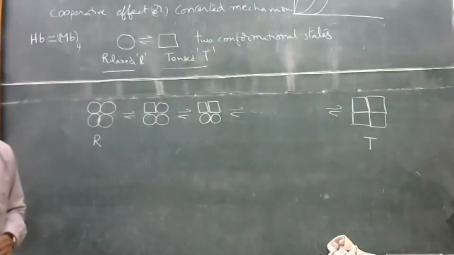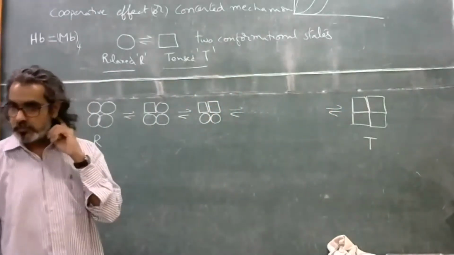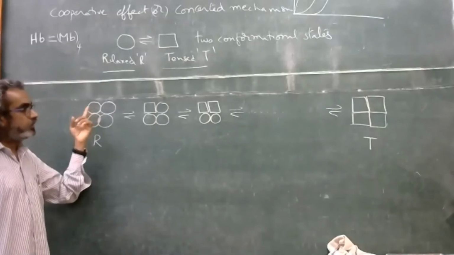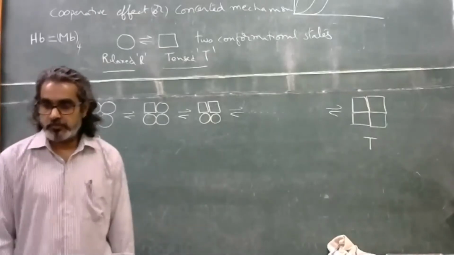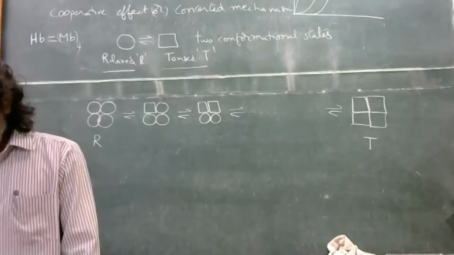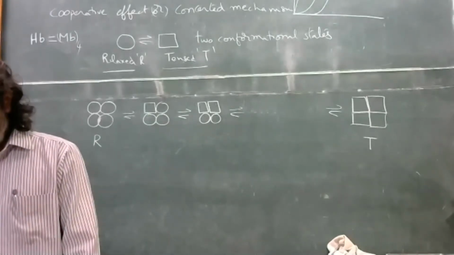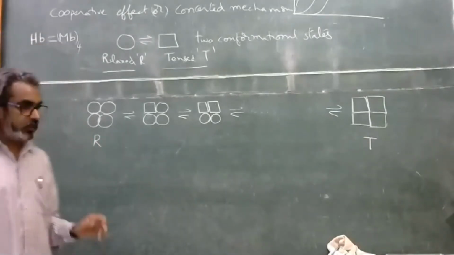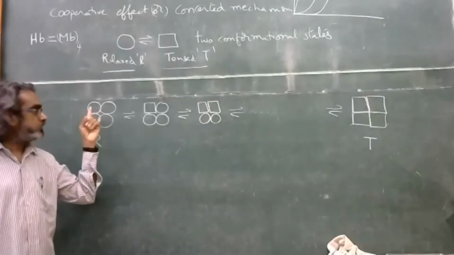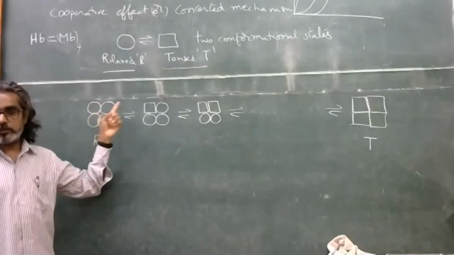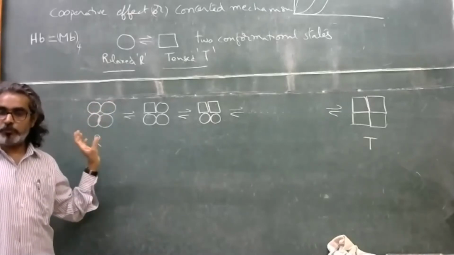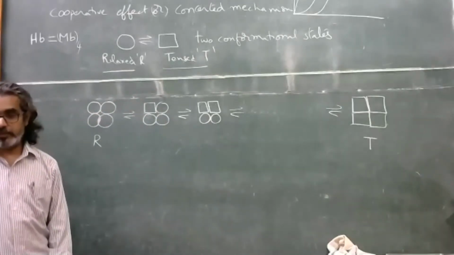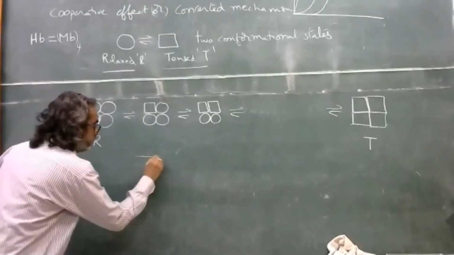Okay. So you will have basically total how many states possible? Let's say there are 4 units in one hemoglobin. Each can be tensed or relaxed. So total how many states are possible? Hello? Everyone can hear me? Yes. Okay. So let's say each unit has 2 possibilities, square or circle, or tense or relaxed. But you have 4 such units. Each one can change, let's say, independently. Okay, this is called sequential.